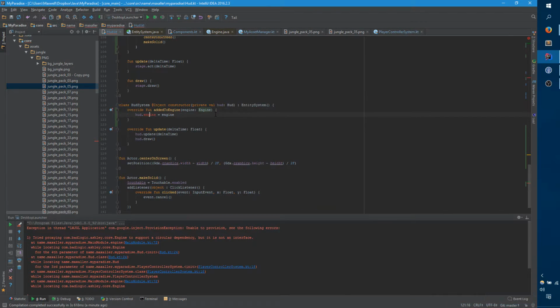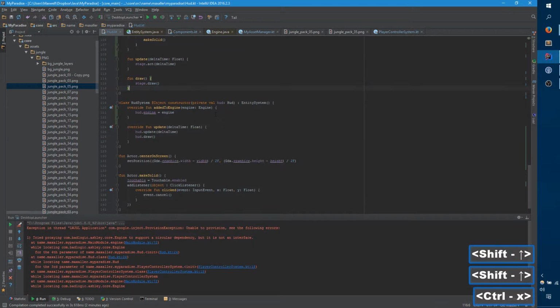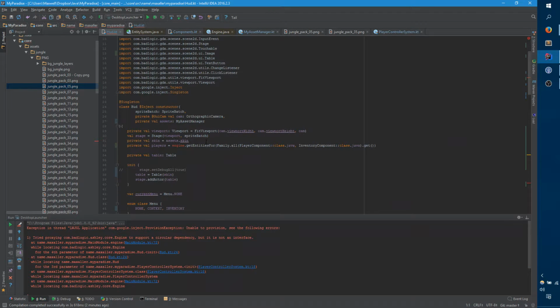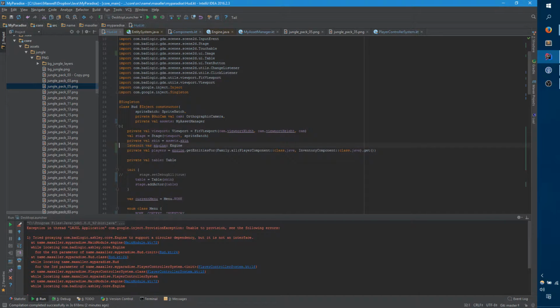So now this sucks a little bit, but I'll live. However, that means you don't want to do this because engine won't be defined yet. So instead, we want to say